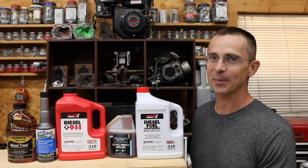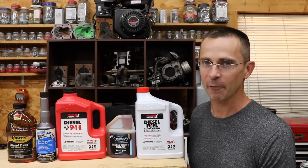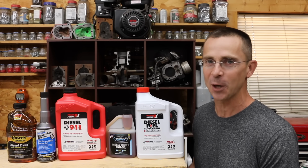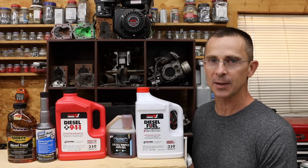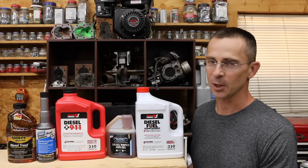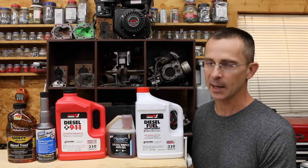I love the saying, an ounce of prevention is worth a pound of cure. The question though is, is an ounce of additive worth a pound of cure when it comes to a diesel injection pump or a diesel fuel system? Today's fuel injection systems on these diesel engines are very sensitive to contamination, corrosion, lubricity. So let's do some testing on these additives to determine which of these additives actually work and which brand is